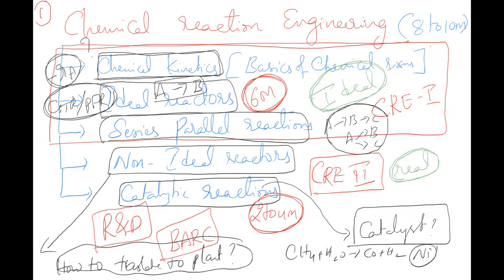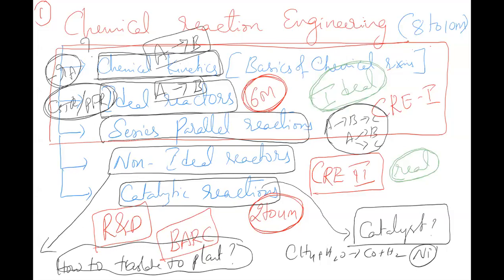So if you see from chapter 1, chapter 2, chapter 3, chapter 4 and chapter 5, you are slowly increasing the complexity. First thing is, if you take a simple reaction of A gives B, how do I estimate the rate of reaction, or what you call the kinetics? Second thing is, how do you design a reactor for simple reactions, A gives B. And then third thing is series parallel reactions. If you have series parallel reactions, then how do you design the reactors?